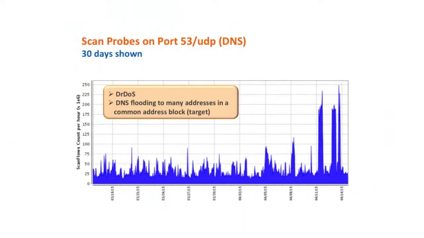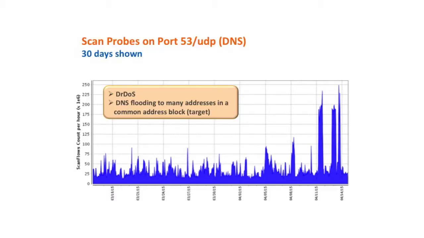As I mentioned, port 53 UDP climbed quite a bit here, and there are actually two contributing factors. Some of it is related to reflective denial of service attacks. So on the request side, if there's a spoofed source sending requests out to lots of DNS servers to get responses back to that target, that will look like scanning activity in the analysis. And then the other factor is that we've seen some cases where there have just been source addresses that are most likely spoofed, where they're just spraying out to an address block that